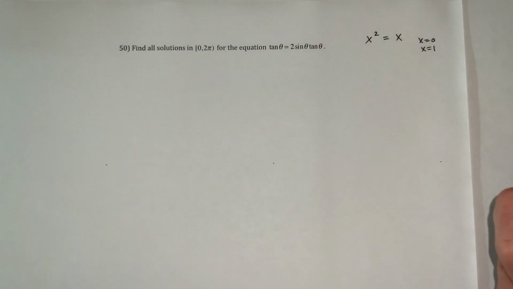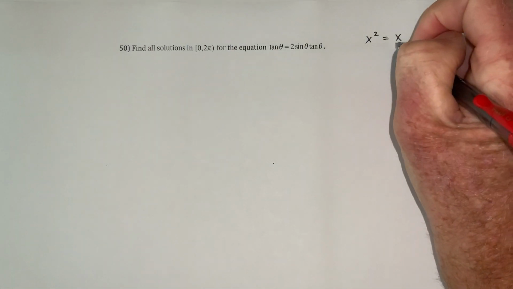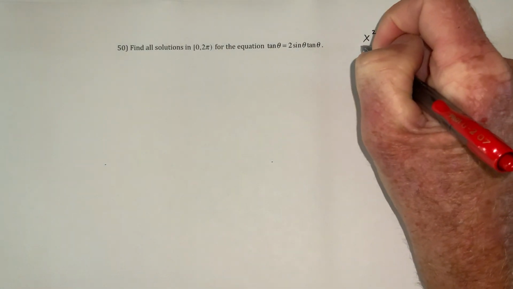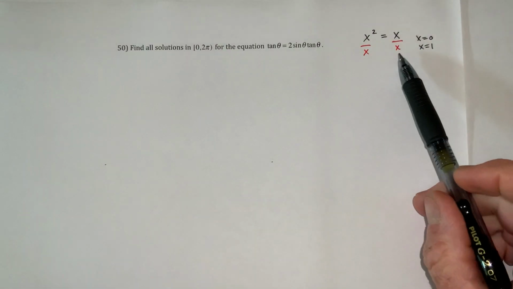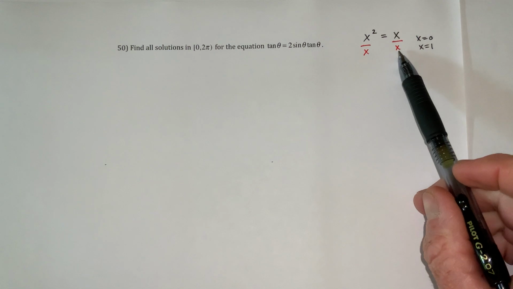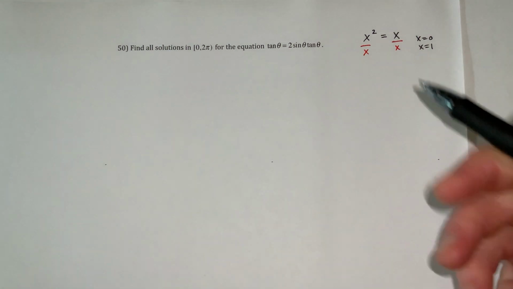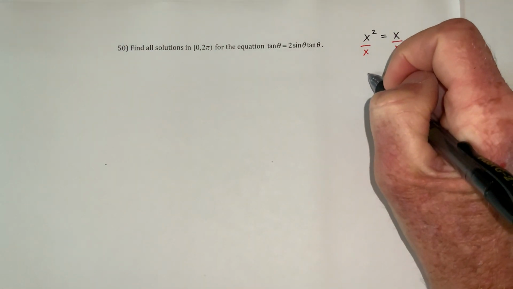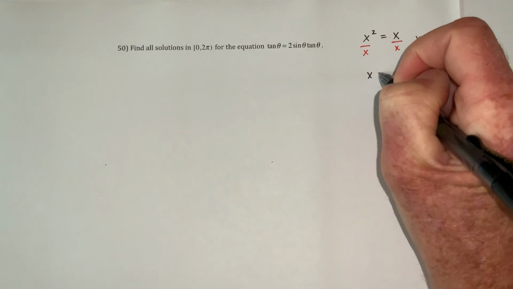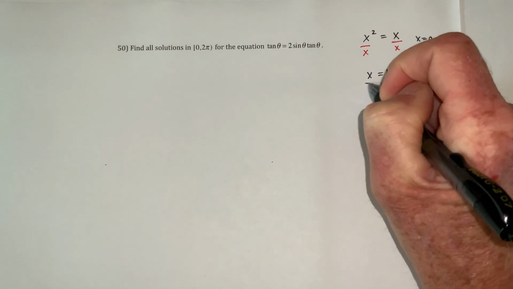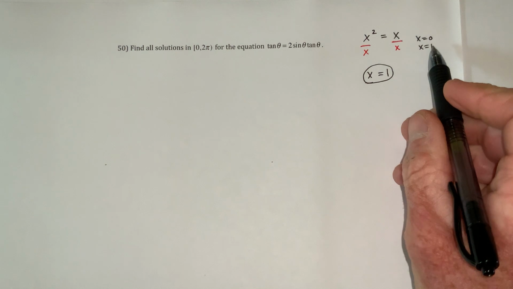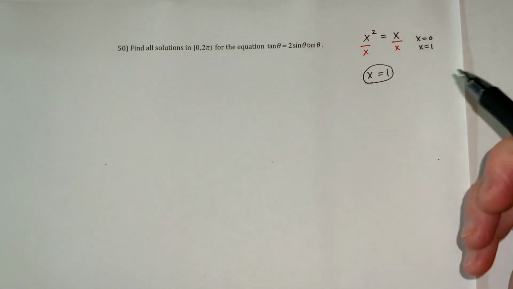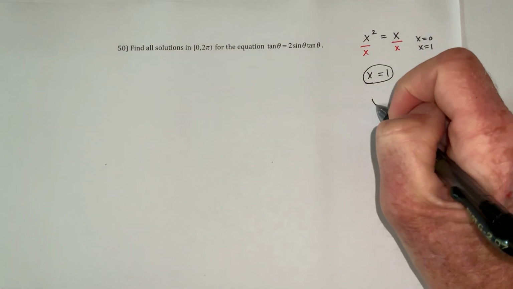But then suppose somebody goes like this. All right, I'm going to divide both sides by x. Now the problem with that is you don't know what x equals. So if x happens to equal 0, you're dividing by 0, which is undefined. The other problem is when you divide by x, this is just going to leave x and this is 1, which means that by doing it this way, you only get one answer when there's actually two answers. So instead, the proper way to do this one